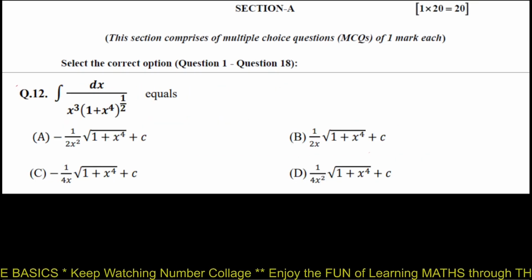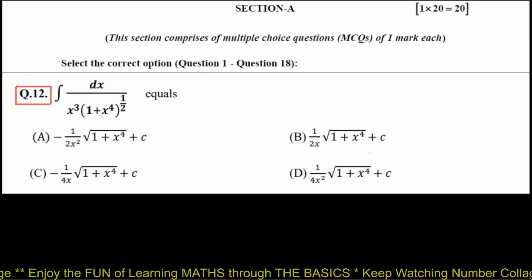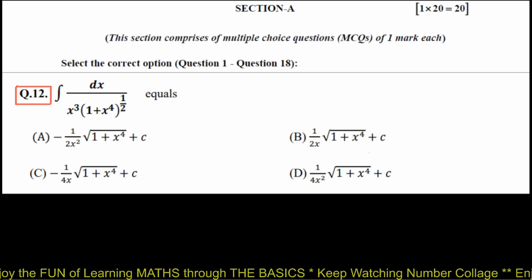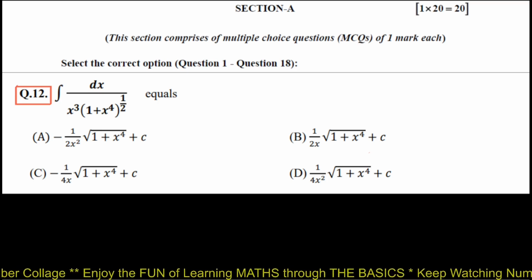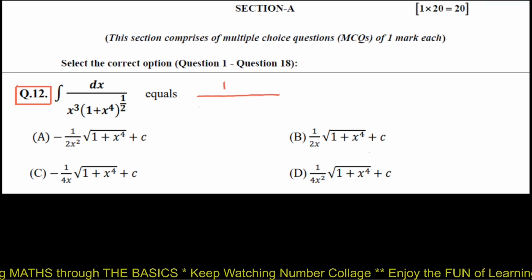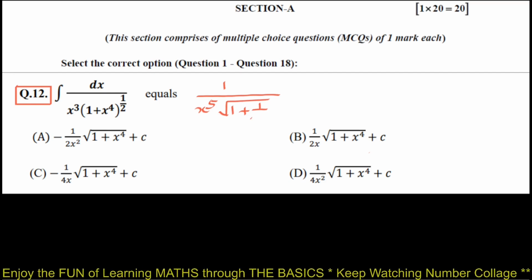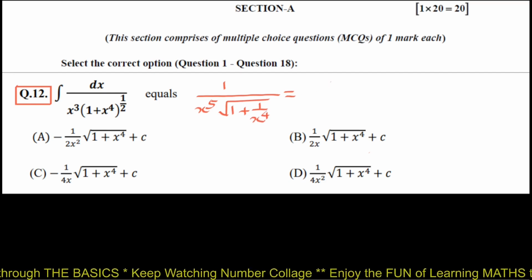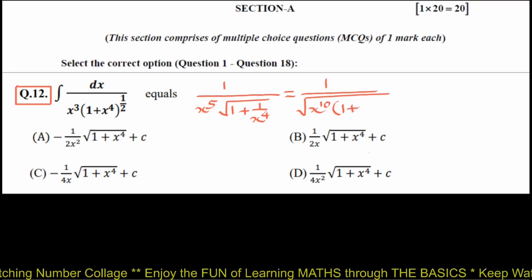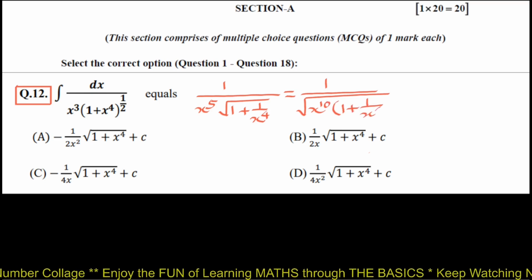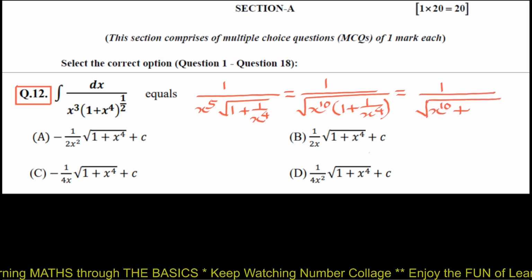Question number 12. We have to find the integral of 1 upon x cube into (1 plus x raised to 4) raised to half. Before we solve this integral, let us first consider 1 upon x raised to 5 square root of (1 plus 1 upon x raised to 4), which is 1 upon square root of x raised to 10 into (1 plus 1 upon x raised to 4), which is 1 upon square root of x raised to 10 plus x